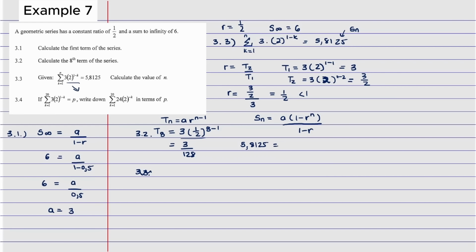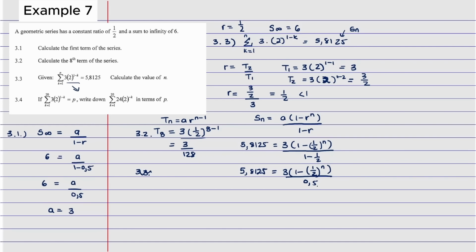Is equals to what? Our A is what? Our A is 3. Open bracket is going to be 1 minus, then it's going to be what? 0.5. So it's going to be 1 over 2 to the power n, right? And that is going to be divided by 1 minus 1 over 2, right? So this is going to be 5.8125 is equals to 3. Open bracket is going to be 1 minus, then 1 over 2 to the power n. And this is going to be divided by what? This is going to be divided by